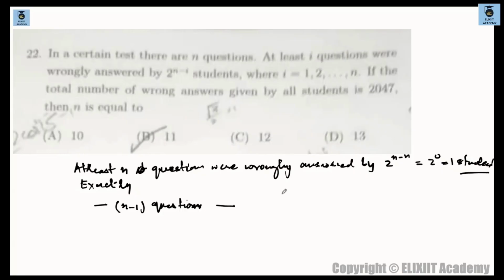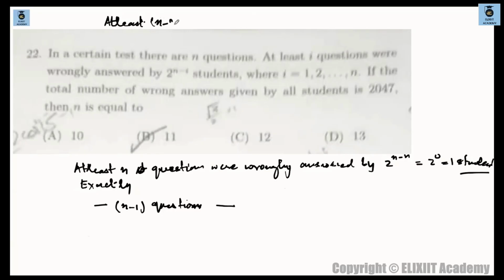Exactly n minus 1 questions are wrongly answered. We have to find the number of ways over here. So the logic for this question is something you need to understand. Let's say you want to figure out what is at least n